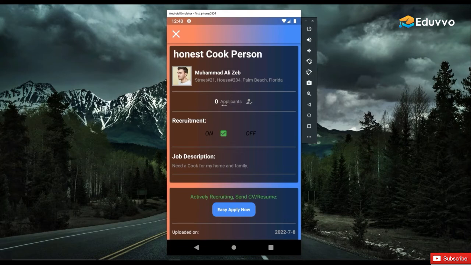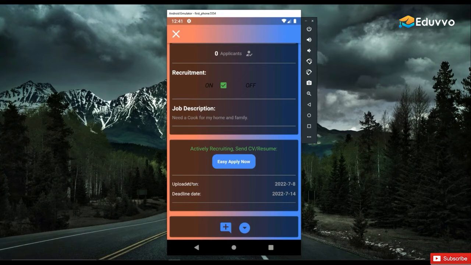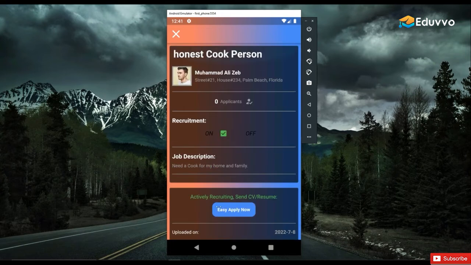No person has yet applied, as this is a new job which I just posted. This is the job description, and the applicant number for this job is 0, as no one has applied yet. And then here you can see the uploading and deadline date. As this specific job post, honest cook person, belongs to me, that is Muhammad Ali Zab,